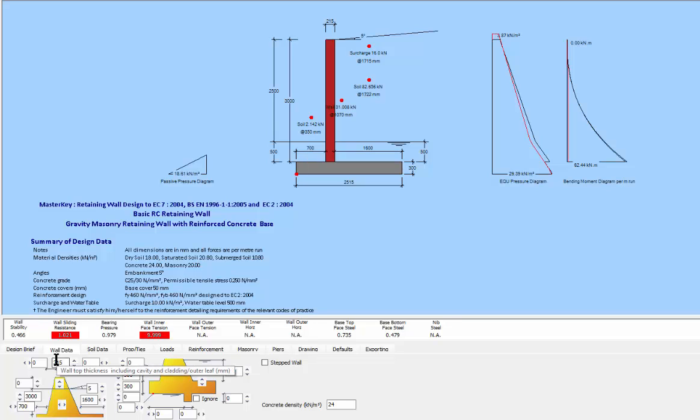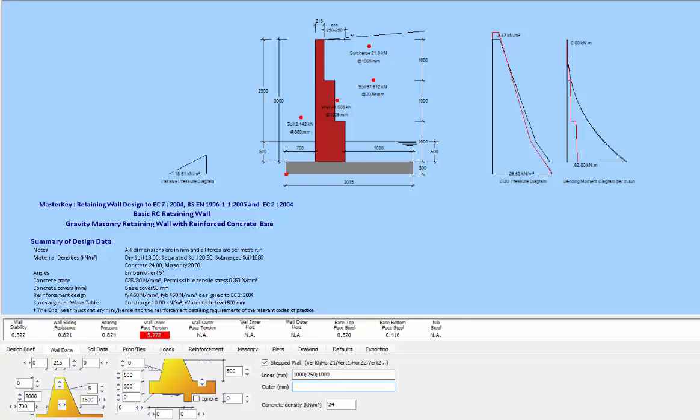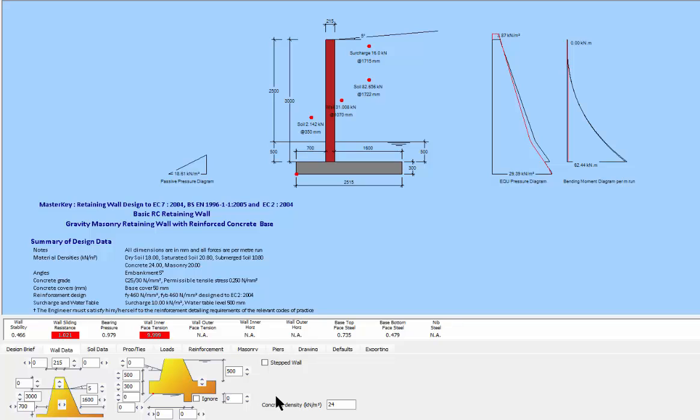So if I start with a 215 wall, I can now come along and say I want to step that, and I can say I want to step it and take off the outer, so an inner stepping. And even with the inner stepping, we're still finding that this is not a thick enough wall. So it's not going to be a solution that we want to use for a 3 meter high wall with no reinforcement whatsoever in the wall. And naturally putting reinforcement down here isn't going to help because you really wanted that lever arm out here in this case. So if we take off the stepping